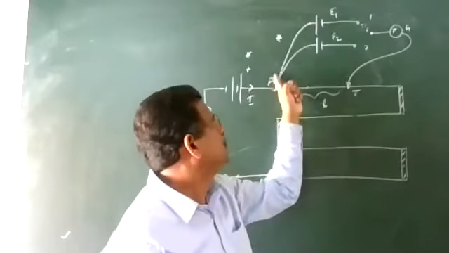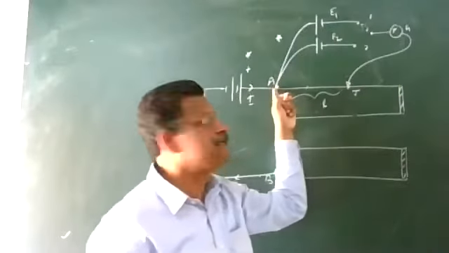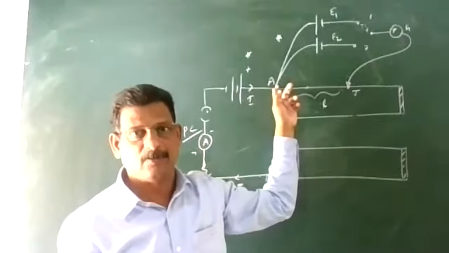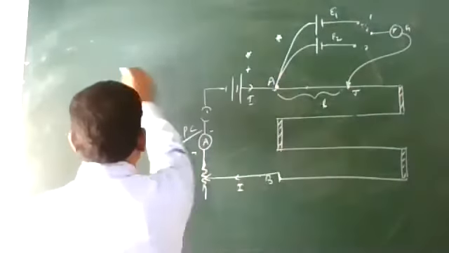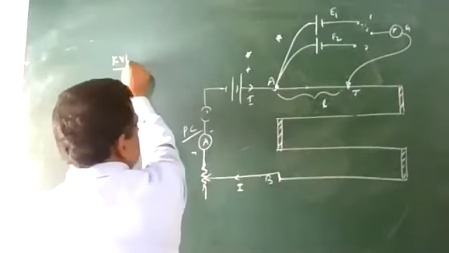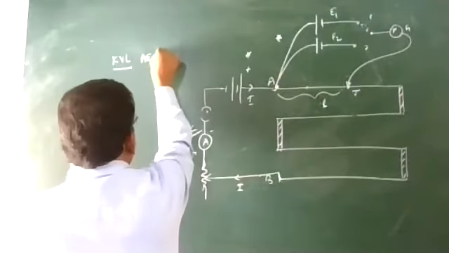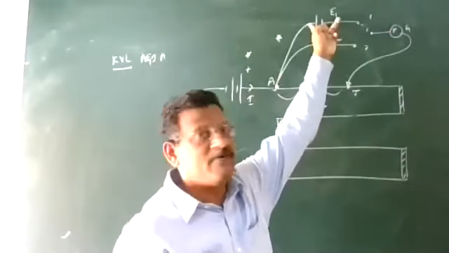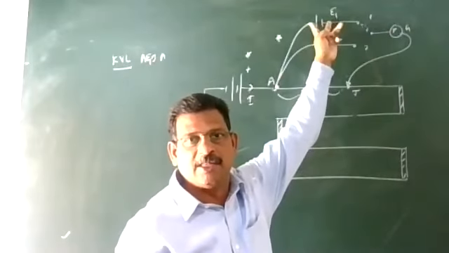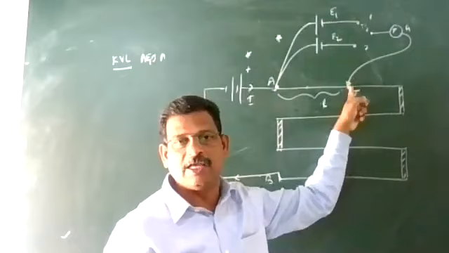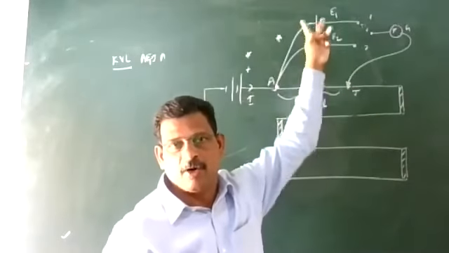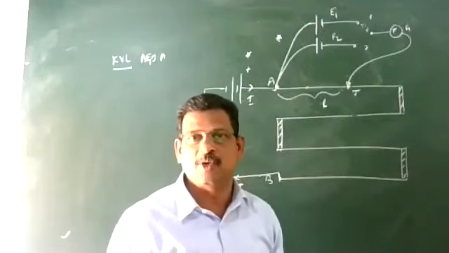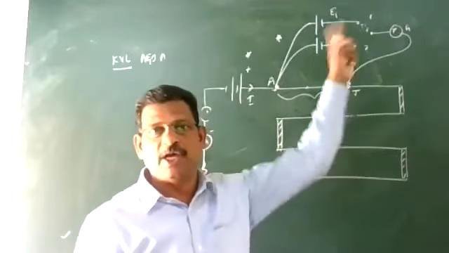So in this circuit, A E1 J A, you can use Kirchhoff's second law, by KVL. It is a closed circuit and there is no current. So what is the EMF across the terminal? That is the PD across the terminal. That is counterbalanced by the PD across the length A and J. Here there is a PD and here there is a PD, they are equal and opposed, and that is why the galvanometer shows zero. So we can use KVL for that.